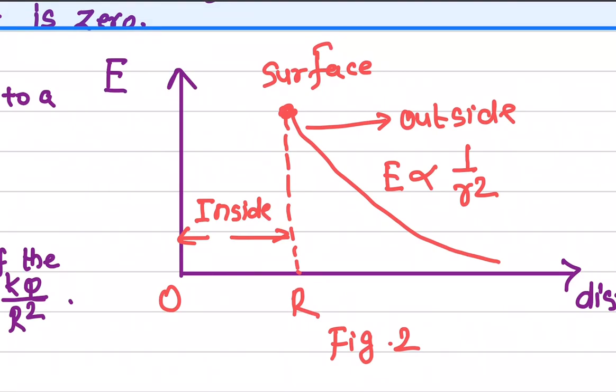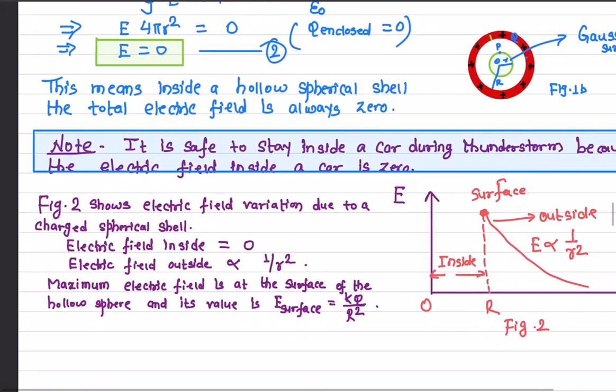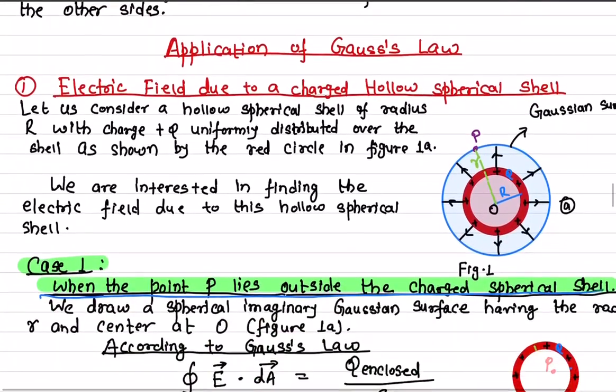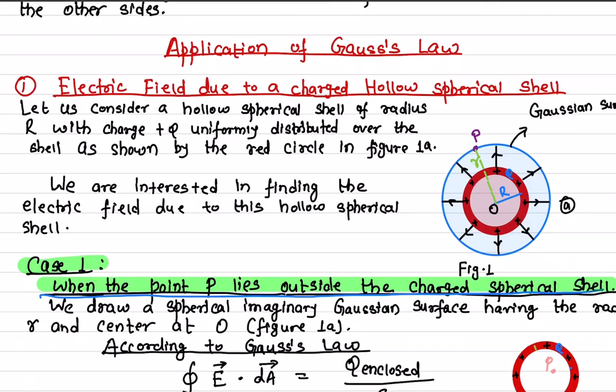Now if I plot the graph of the electric field due to a hollow spherical shell, how does it look? As you know, inside the electric field is exactly equal to 0, and outside the electric field varies as 1 over r squared. So inside it is 0 and outside it varies like this, and the electric field is maximum on the surface. Okay, so this is it for the application of the Gauss law, in which we talked about how to find the electric field due to